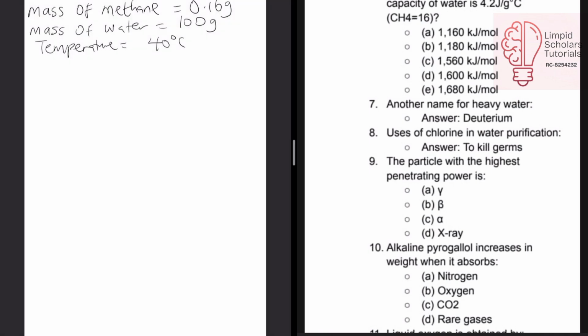What is the heat of combustion of methane, if the heat capacity of water, which is given to us, is